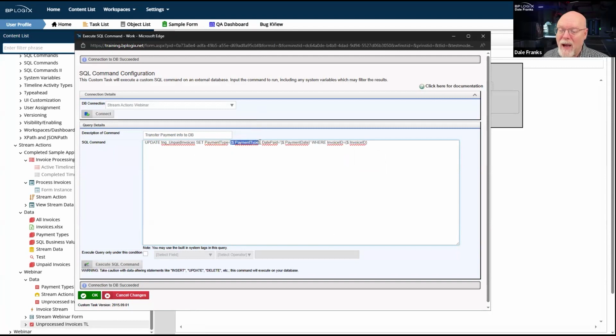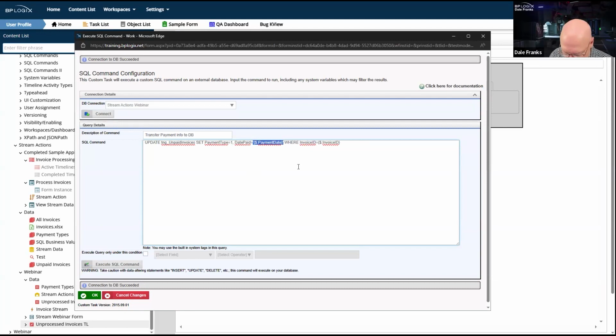So I'm going to do something that you would never do on a regular SQL statement. So we're going to set the payment type as 1, whatever that is. And we're going to set the payment date, date paid equals, you know what?